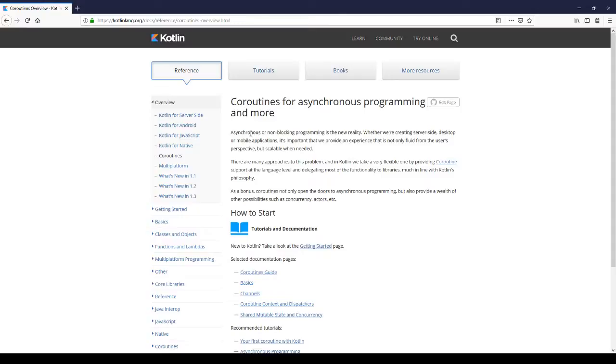Coroutines for asynchronous programming and more. Asynchronous or non-blocking programming is a new reality. Whether we're creating server-side, desktop, or mobile applications, these are just where Kotlin is useful. It's important that we provide an experience that is not only fluid from the user's perspective, but scalable when needed. There are many approaches to this problem. In Kotlin, we take a very flexible one by providing coroutine support